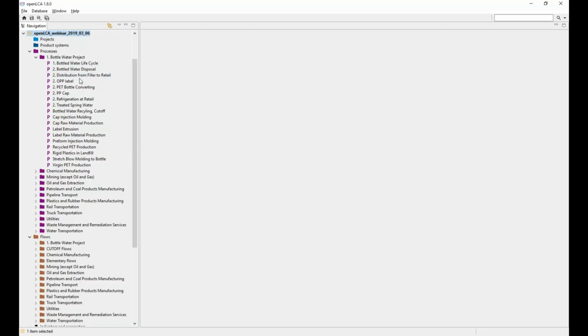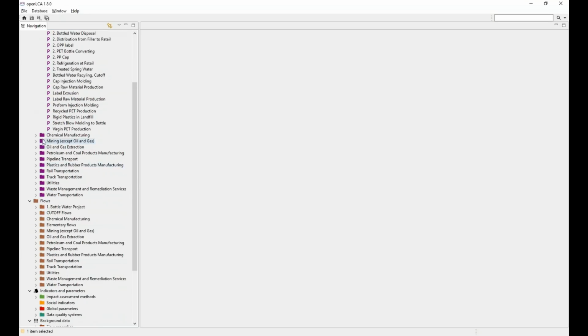So as Sarah mentioned, we have a database that we've set up here this morning. It includes a number of processes and flows that we've downloaded from the US LCI. We can see them here in this folder structure. It includes things such as chemical processes for chemical manufacturing, oil and gas extraction, transport, a number of different manufacturing